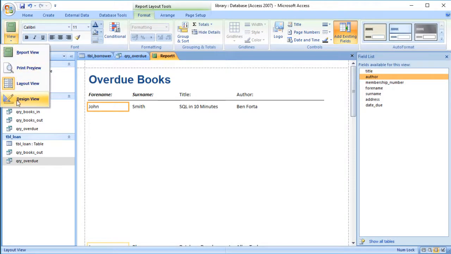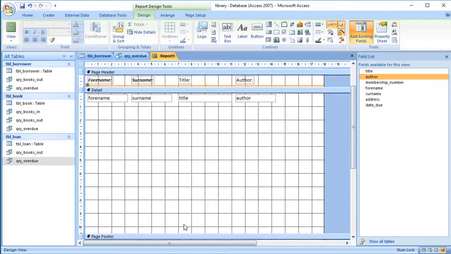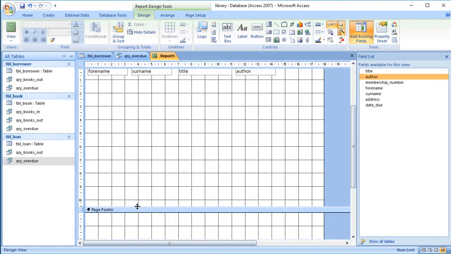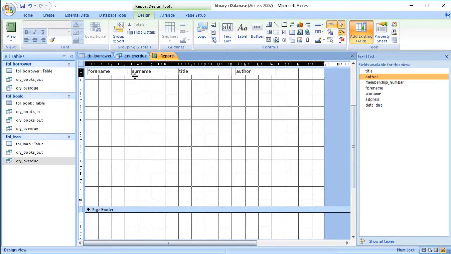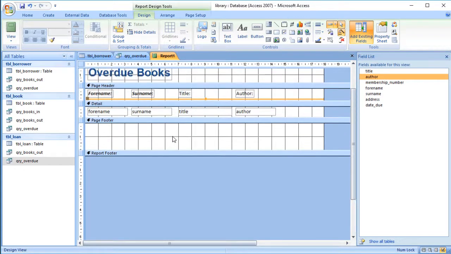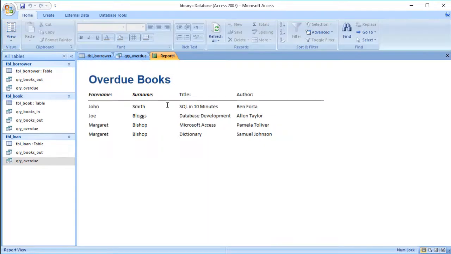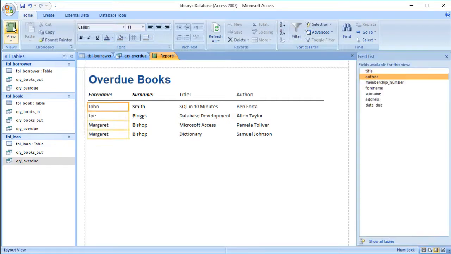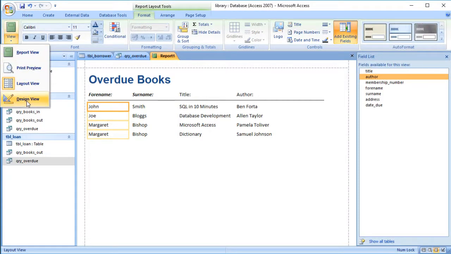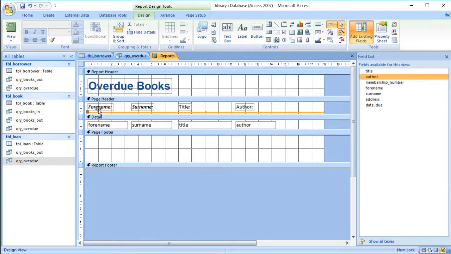And to make the rows a little bit closer, we can reduce the size of the detail section. Because the detail section gets repeated once for each record or each row in the query, you quite often want to make that as small as possible, so that when you look at the data, it appears a bit more close together, like so. What I've forgotten to do there is format my title and author headings, so I can again just use the